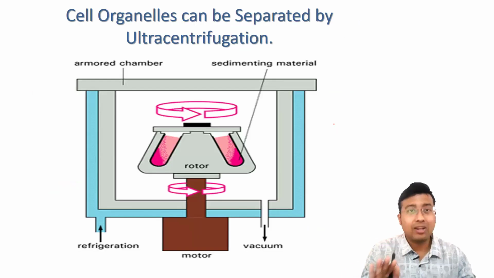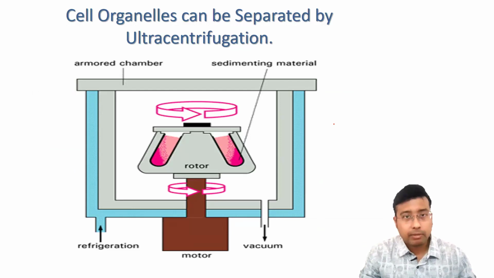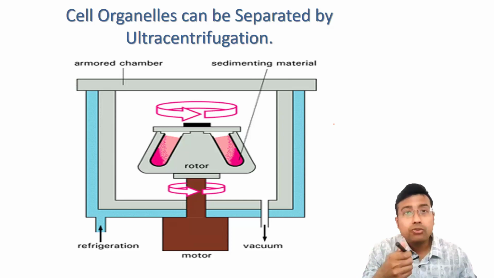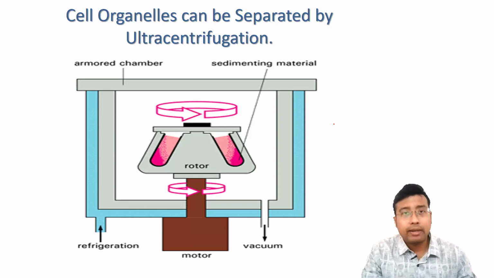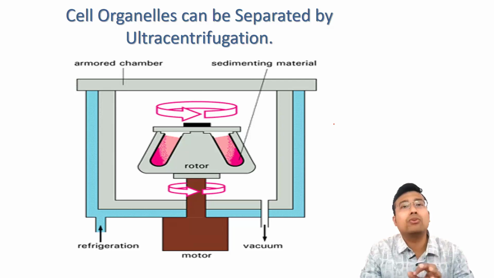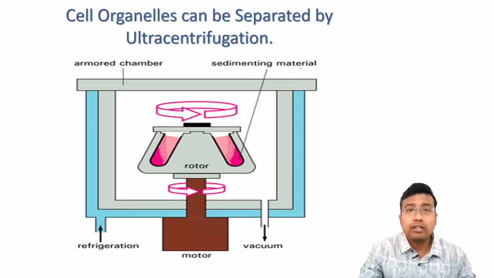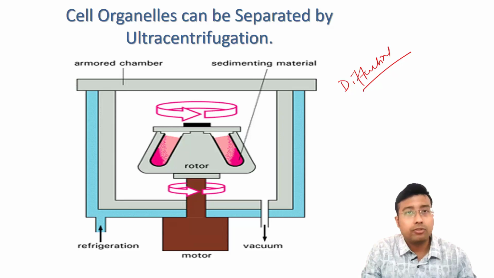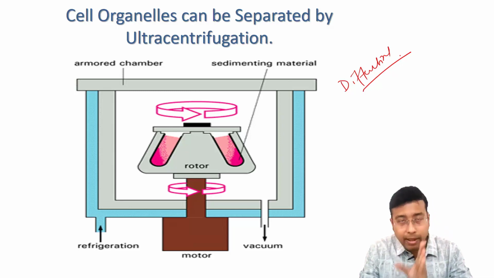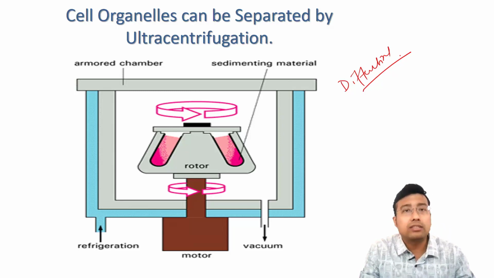Now this is where the real deal starts. When you are studying medical biochemistry, we will ask you about cellular or subcellular organelles, how to separate them and what the markers are. Okay, that's the most important question, and the first thing you will be asked is how you can separate various subcellular organelles. The answer is differential centrifugation. Differential centrifugation. And the apparatus that we use is the ultracentrifuge.